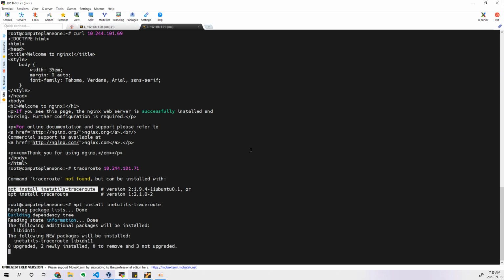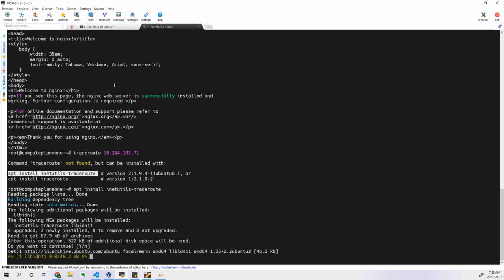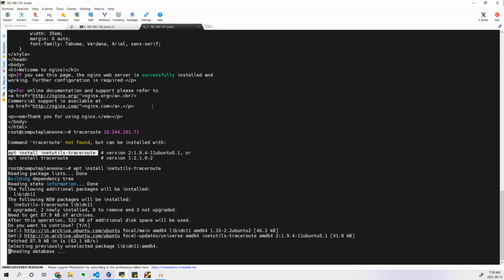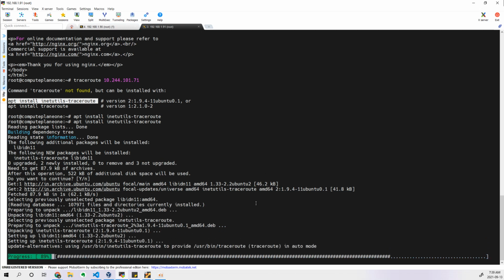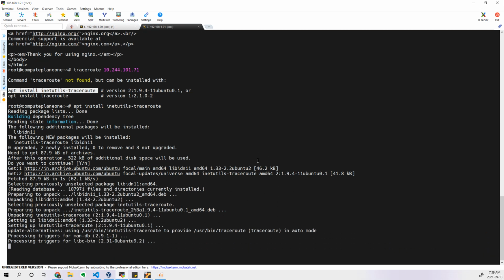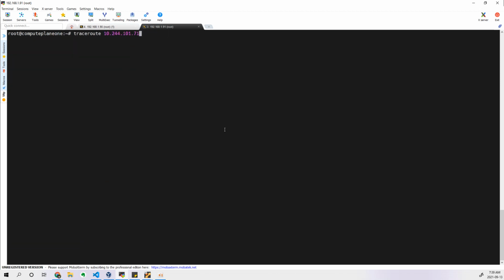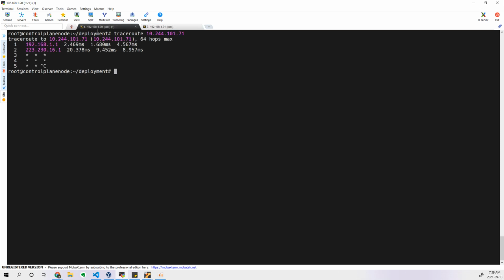But anyway, your applications are running. The only thing is it is not reachable from the control plane. It is reachable only from the node where you're trying to run. Obviously that could happen, right? Why? Because it is on the same machine, so you can reach there. You can see it's successful. There is no drop at all. But here there are some drops in the packets while reaching it. This is one of the ways to troubleshoot. I will try to fix it later, but right now let us try to understand the concept of this